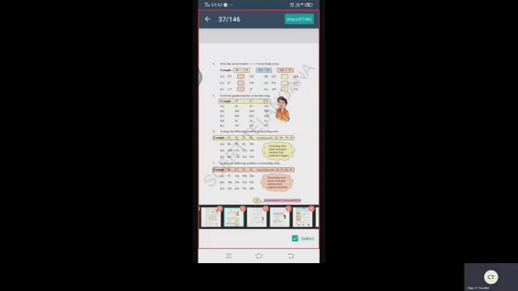Today, I'm going to continue the next topic, and that is very important. This topic you have already learned in class 2: how to arrange the numbers in ascending order and in descending order. You know already how to arrange the numbers in ascending order. In class 2, you arranged single digit numbers as well as two digit numbers and three digit numbers in ascending order. And like that, descending order is also something you did in class 2.